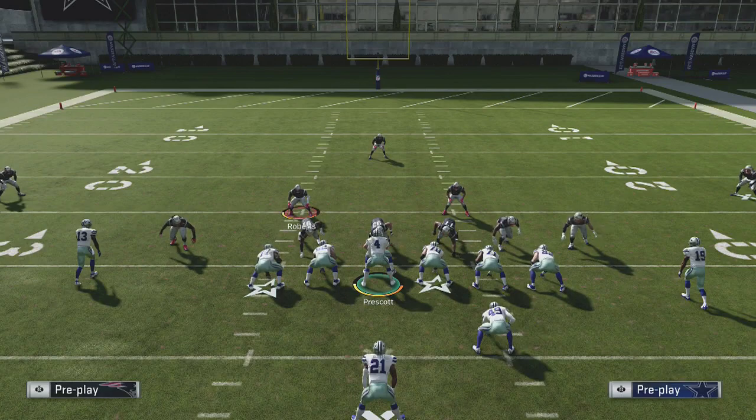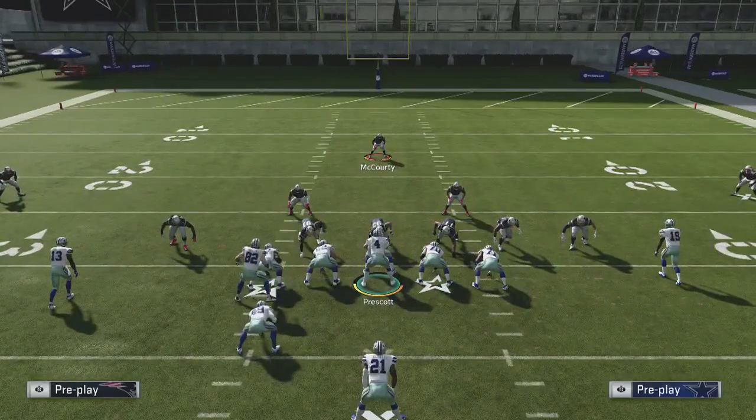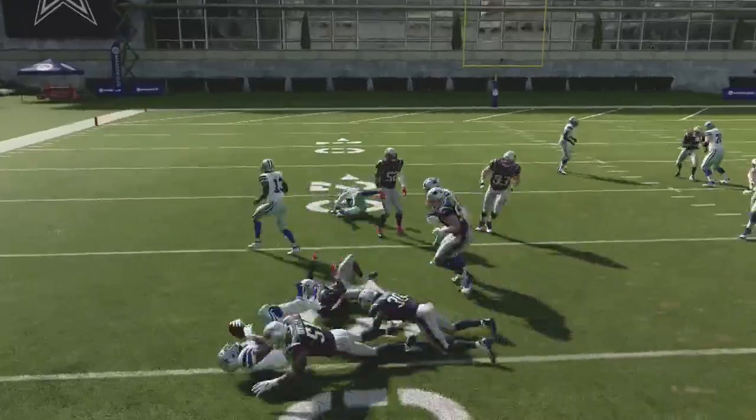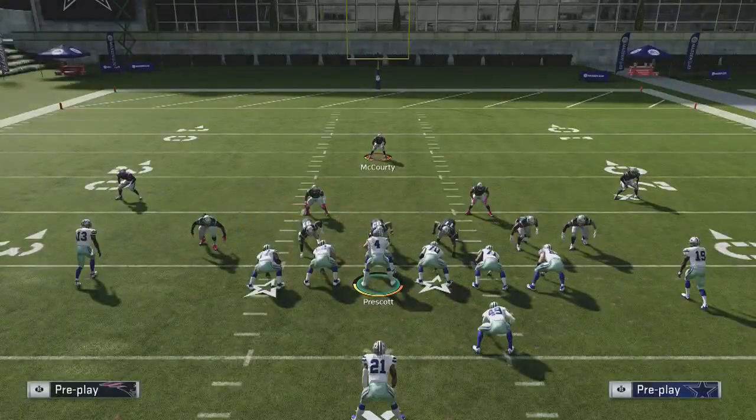If you see this, what you can do is quickly flip it, spam the A button, and then try to get to the outside. Now we have decent blocking. We kind of have a convoy out in front of us. You make one guy miss, and you're in good shape. Do not try to run this to the right,